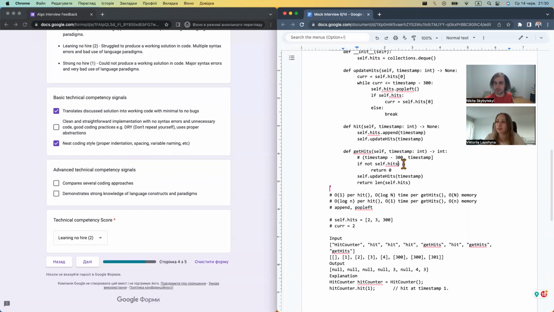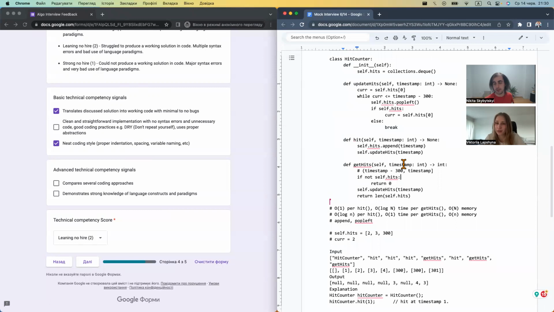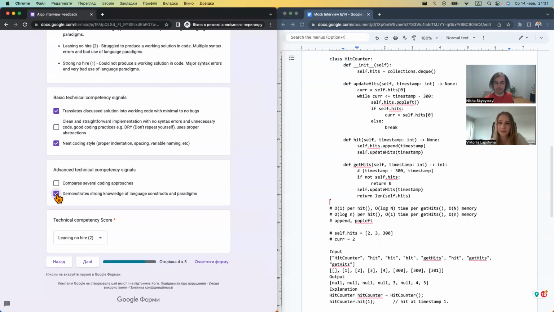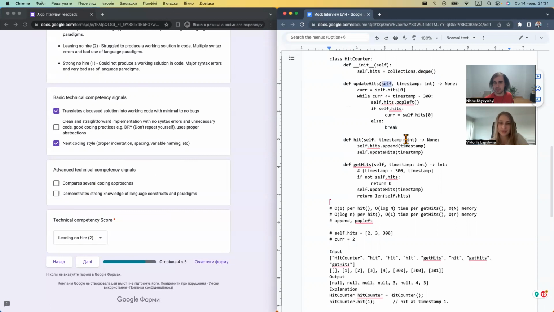Тут такий момент, що я думала, що це не має бути страшно, якщо я не знаю точний метод, якщо я його можу протягом 2 секунд загуглити. Ні, в принципі, це не дуже страшно, але якби це було тільки без цього пункту, то це дійсно advanced signal, там нічого такого. Ну, мені не сподобалося знову-таки про self, тобто цей сигнал ти явно не отримаєш, на жаль, про strong language, strong knowledge, так.